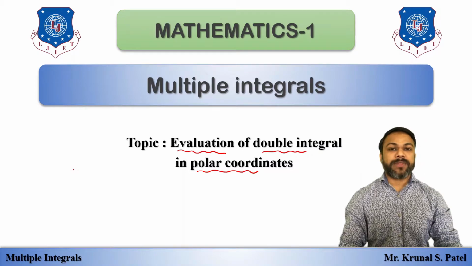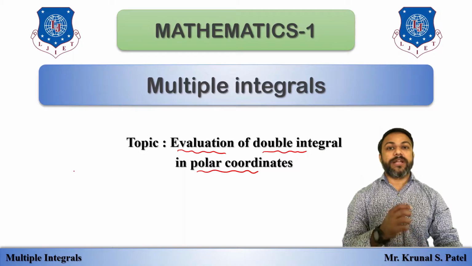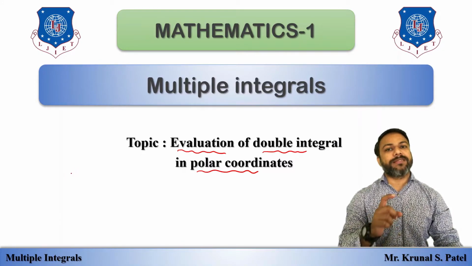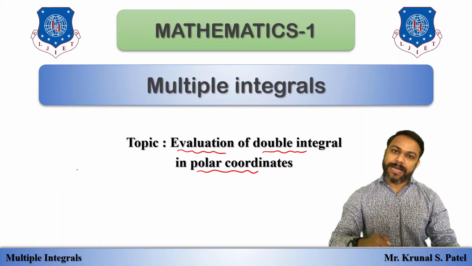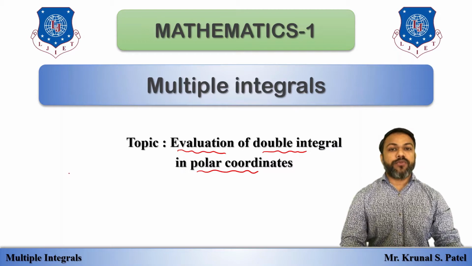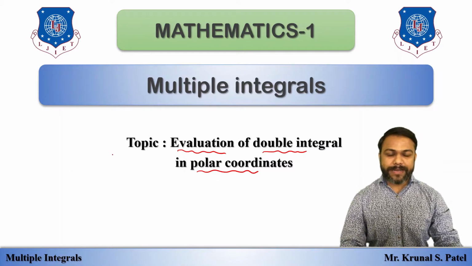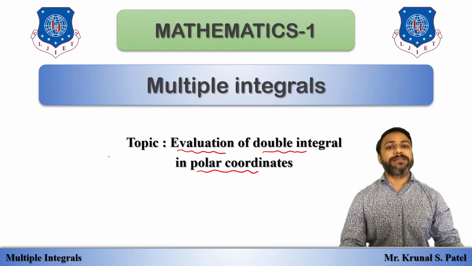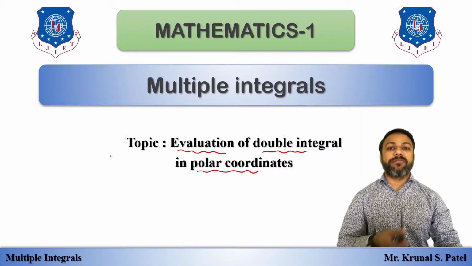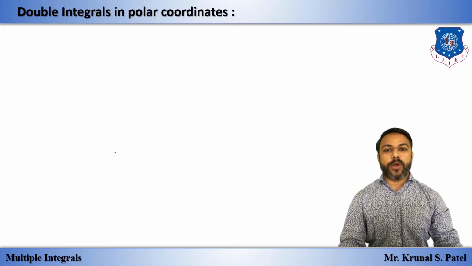Same concept: the integration is given with some curves, you have to make a strip and find the limits of the integration, and then you have to integrate the double integral. For that, we have some basic concepts about polar coordinates and how we can make a strip. In polar, it is very easy to make a strip, so let's have a look at the topic.